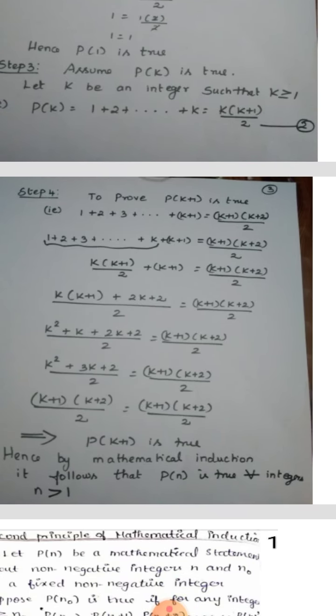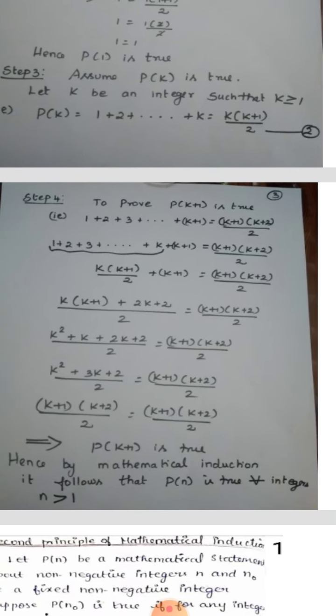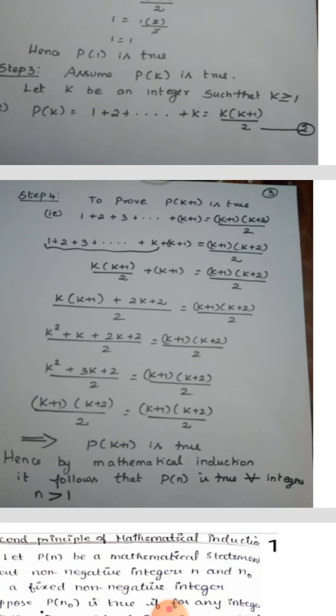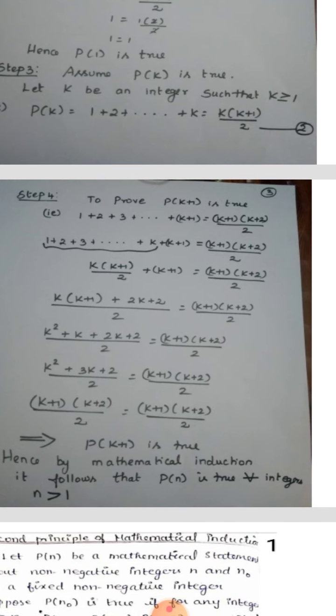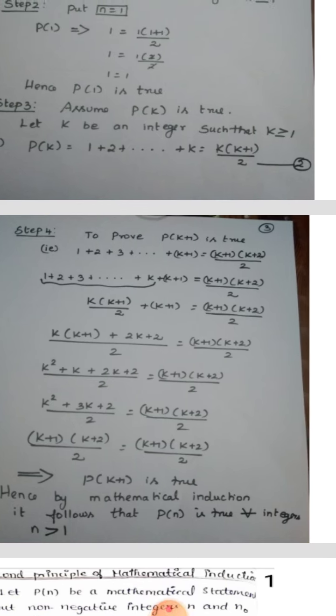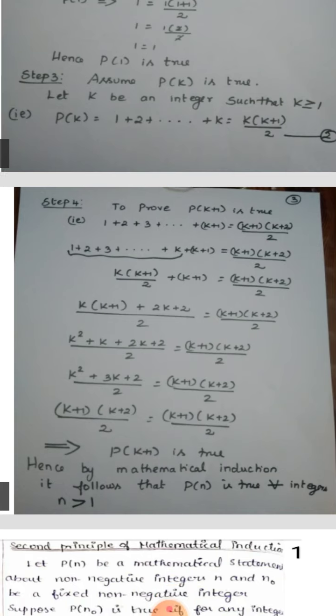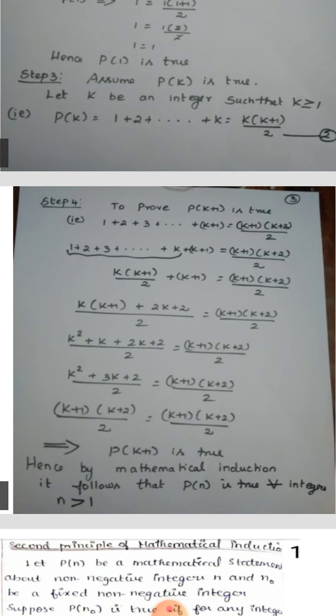Right, now take the left hand side. What is the left hand side? 1 plus 2 plus 3 plus etc. plus k plus 1. See the terms: the last term is k plus 1. What is the term before that? The term before is k. So the left hand side can be written as 1 plus 2 plus 3 plus etc. plus k, plus k plus 1, which is equal to the right hand side. So see the bracket term: the first k terms, 1 plus 2 plus 3 plus etc.